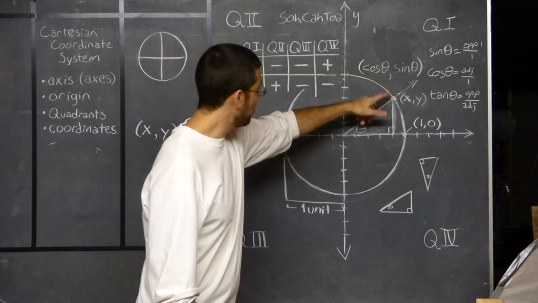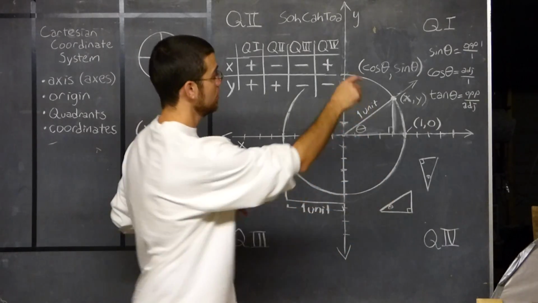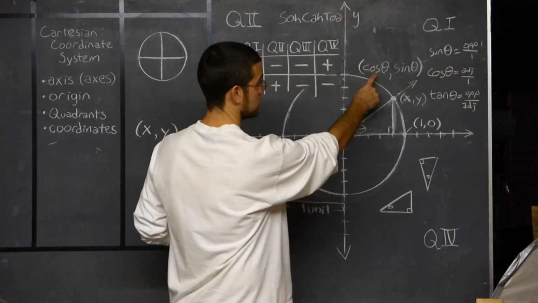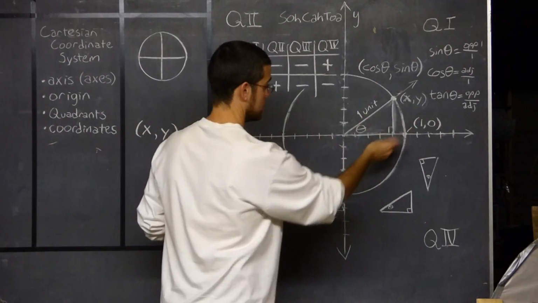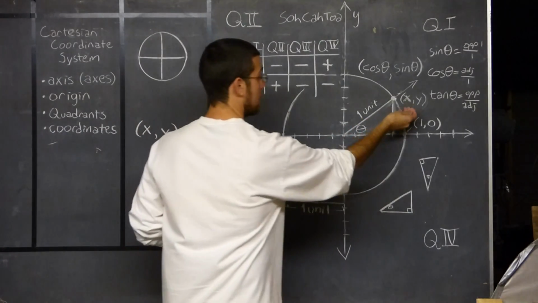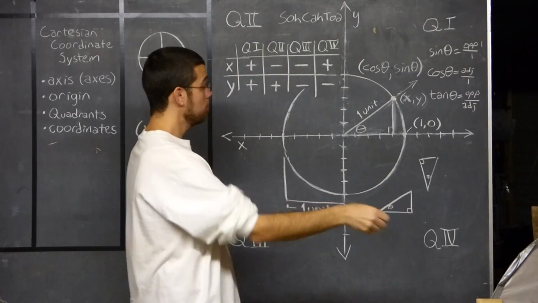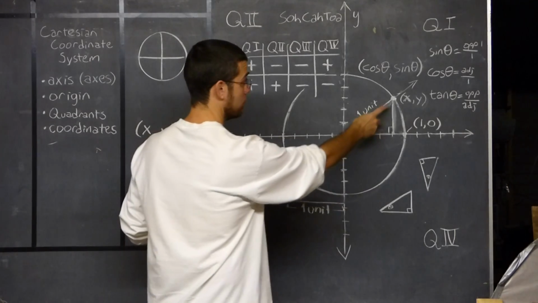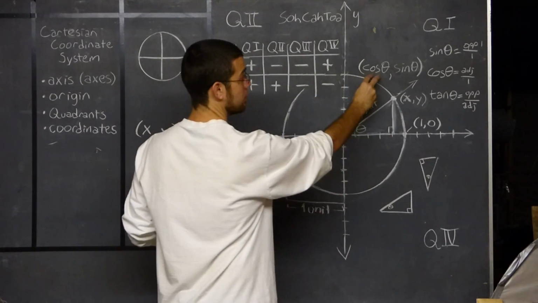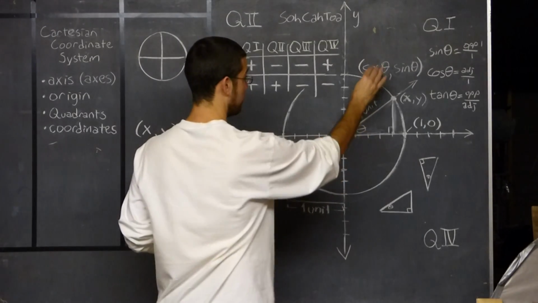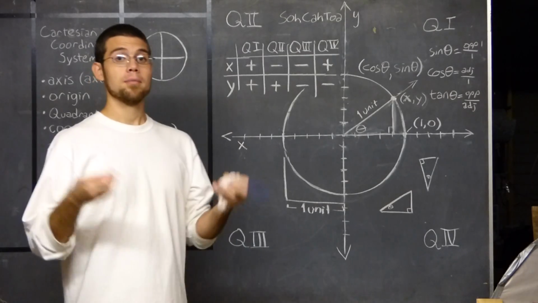Now, any point on this unit circle is going to have coordinates cosine theta, sine theta. So we can give the coordinates with the Cartesian system, x, y, with numbers, but on the unit circle we can give those coordinates of any of those points with trig functions. Cosine of theta for the x coordinate, sine of theta for the y coordinate. But let me remind